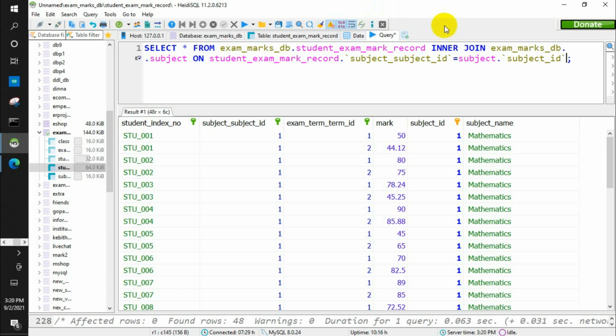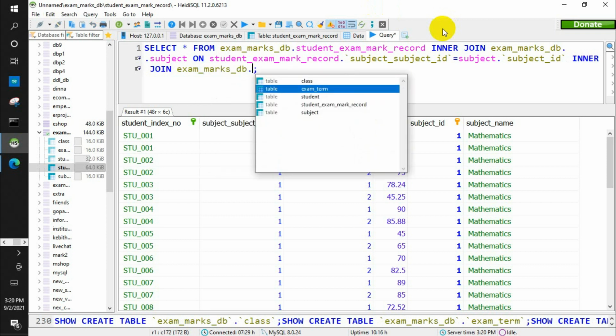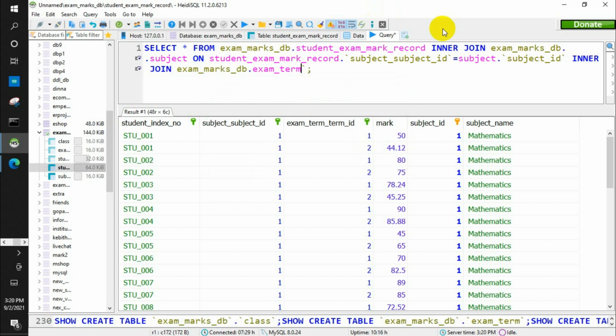Then we have to again inner join the exam underscore marks underscore db dot the exam term table. You don't have to put it in double quotes because it's a table. You have to use square brackets when you are mentioning columns only, and you have to use quotes when you are mentioning values.